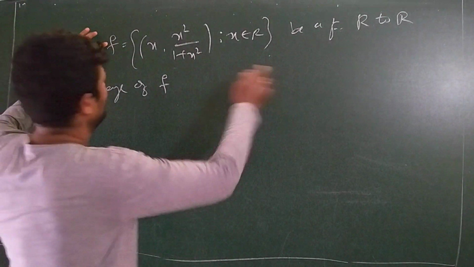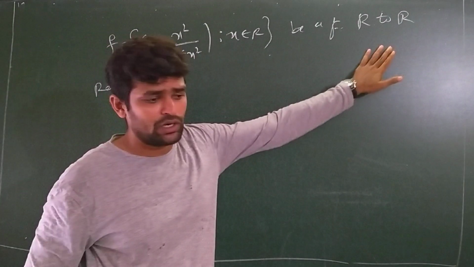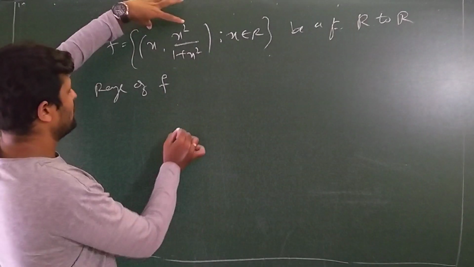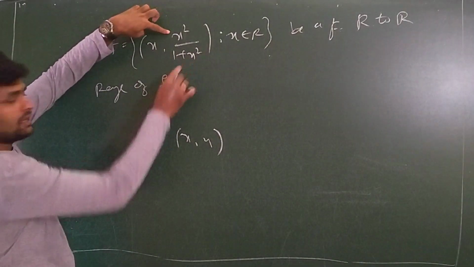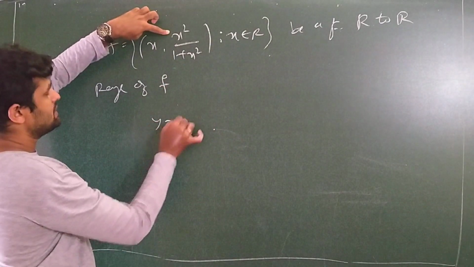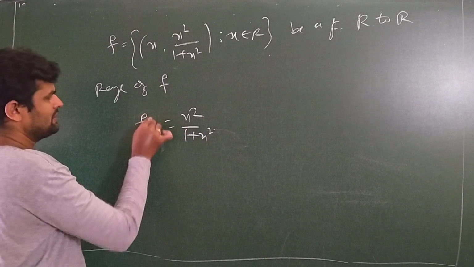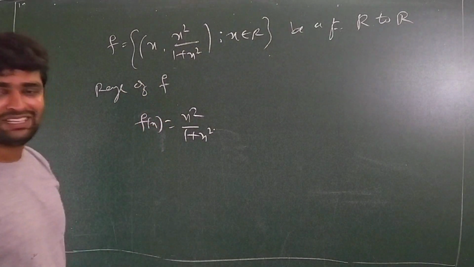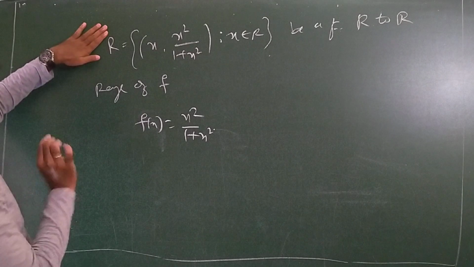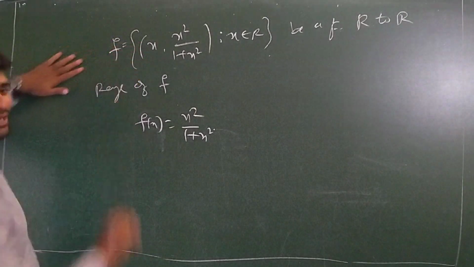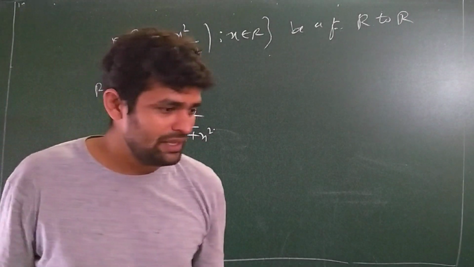This f may be a relation or may be a function, we don't know. In this example, it is a function from R to R. He has given one ordered pair x comma y. So in place of y, there is a term x square divided by 1 plus x square, isn't it? y in the sense f of x. Just to confuse you, he has given f. Actually, he should give R. No worry. He has given f, we keep it as it is. f of x is x square divided by 1 plus x square. Do you agree? No problem.